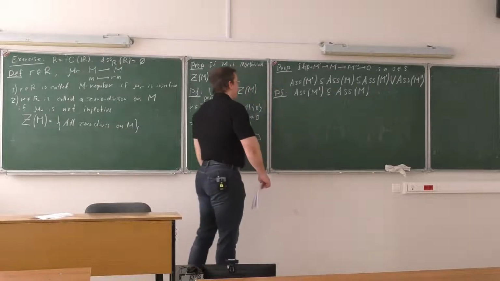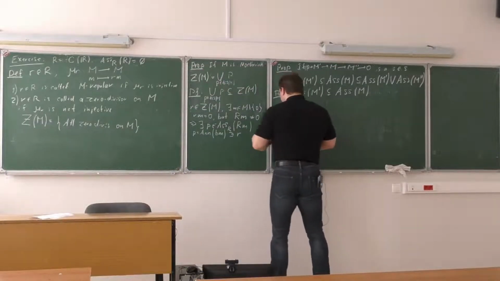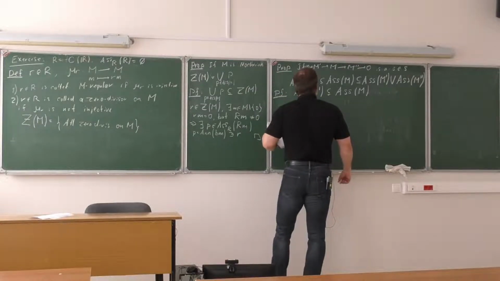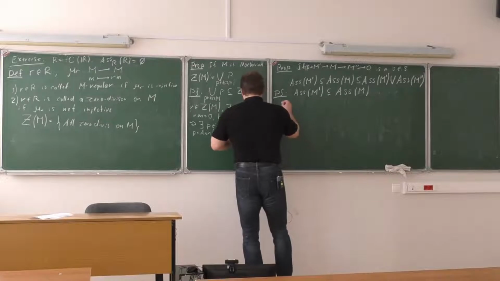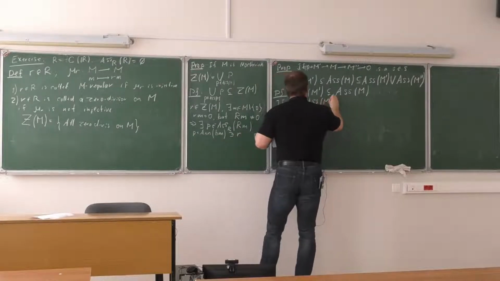It still has the same annihilator. So one inclusion is quite clear. Okay, now the second inclusion. Let's do the following. If we take a prime ideal P which is associated to the module M,